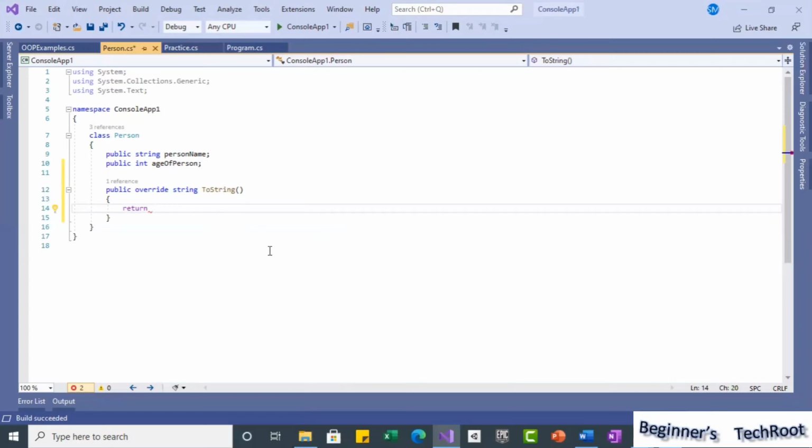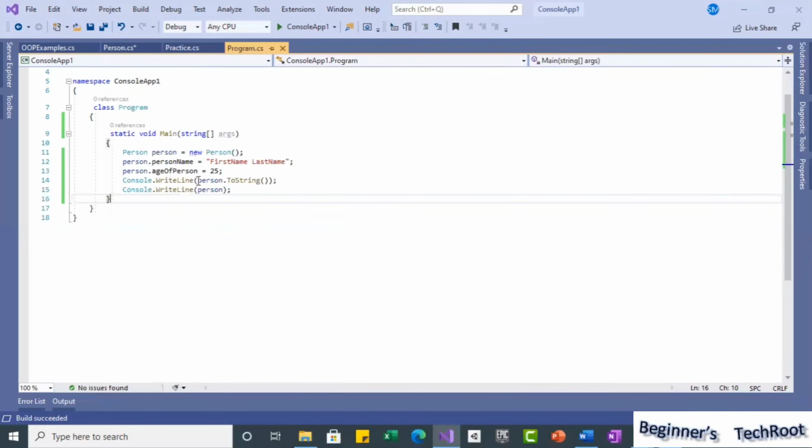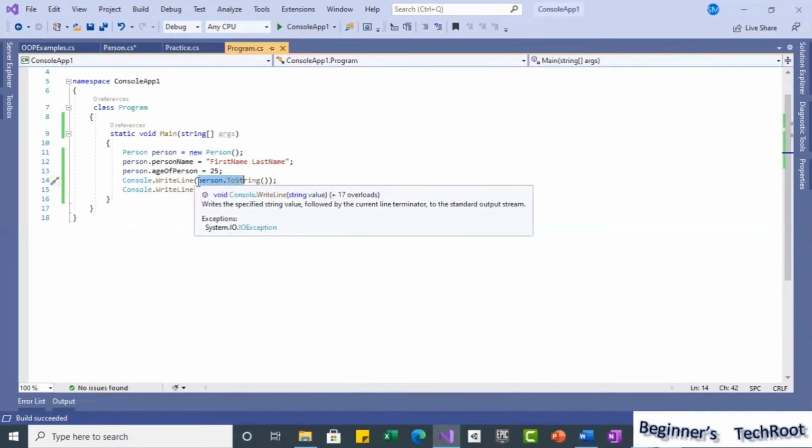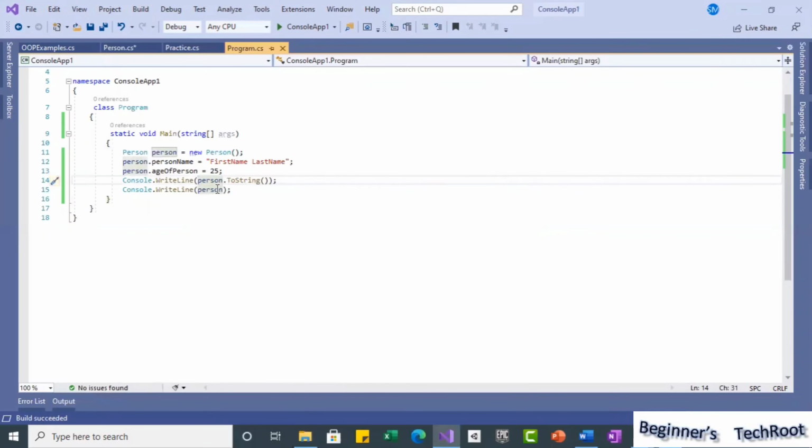If we want to return both together, usually when we write Console.WriteLine, we write it like this, or in some other cases we have used quotation marks and within them the index values, as I showed you earlier.